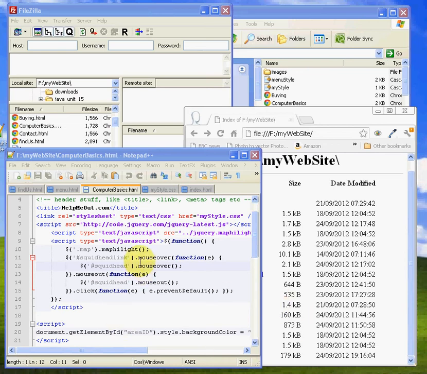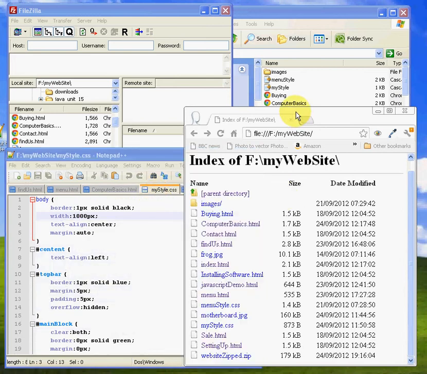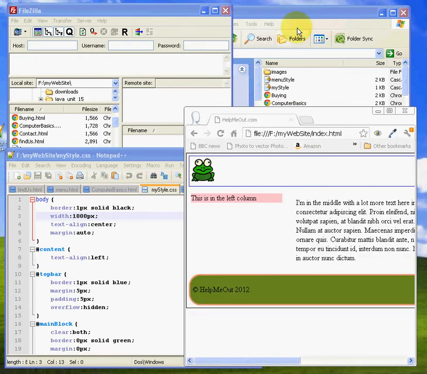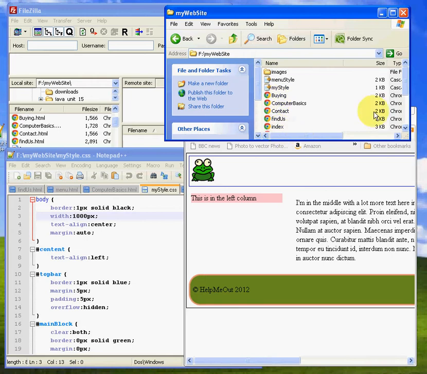Okay, you've had a go at using this little collection of tools. You've been using Notepad++ to do your design of your HTML and your style sheets. You've been using a browser like Chrome or Firefox or Internet Explorer to have a look at your actual pages as you've been developing them. You've been using the File Explorer to keep abreast of your directory structure and files, and you've been using some sort of FTP client to zip this stuff up and send it up to your